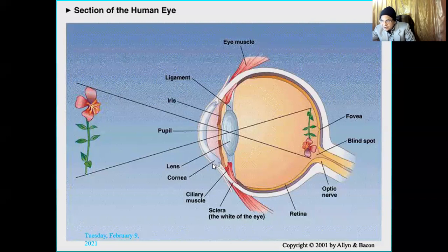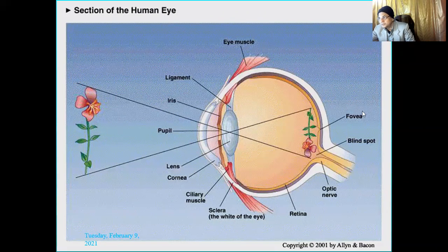And then there is a cornea, which is visible, and the cornea has a different pigment. Sometimes you see greenish eyes, bluish eyes, whitish eyes. It is all due to the color pigments. And ciliary muscles hold the lens at a fixed place. Then the sclera is the white of the outside, which is the outer layer to protect this whole